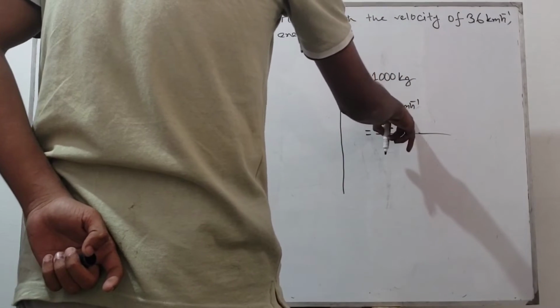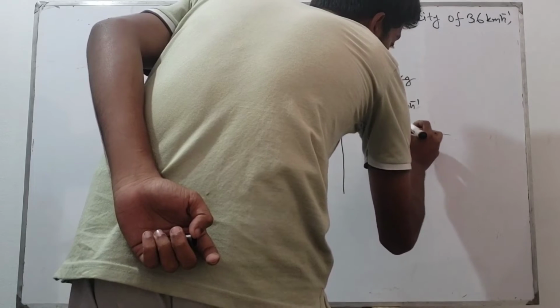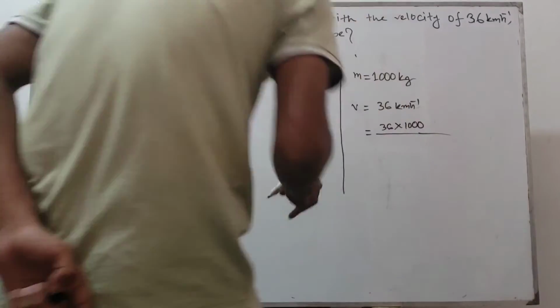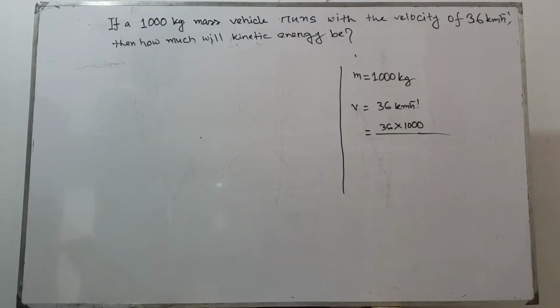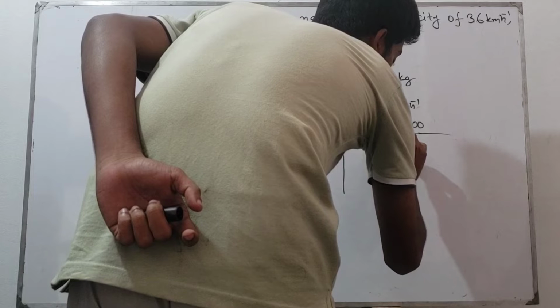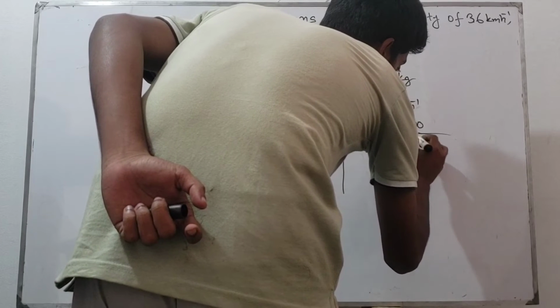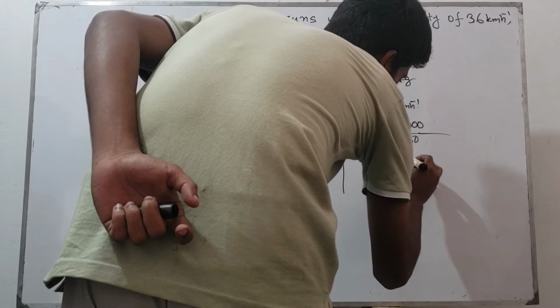There is the kilometer suffix, so we will multiply it with 1000, and we know 1 hour means 60 minutes and 60 seconds means 1 minute. So 60 into 60, then we will get 36 into 1000,